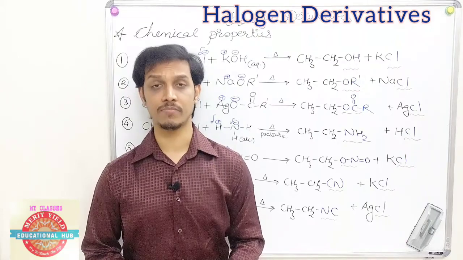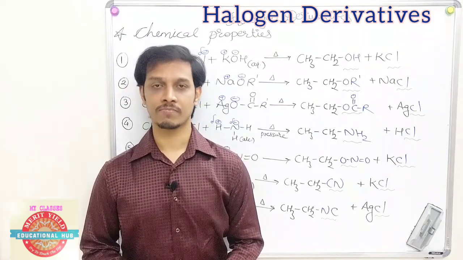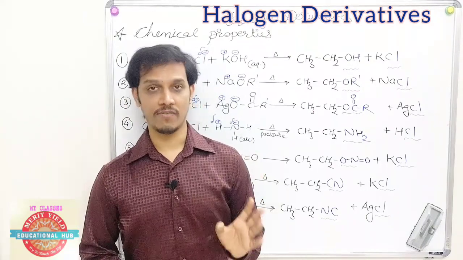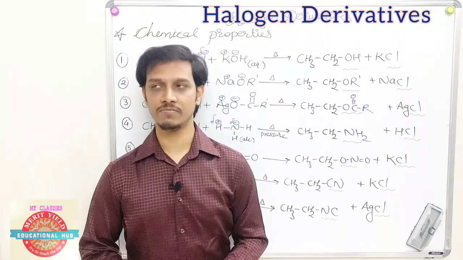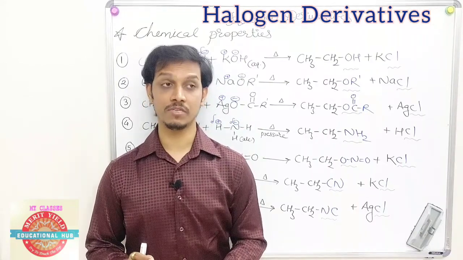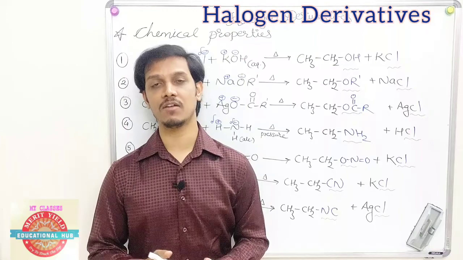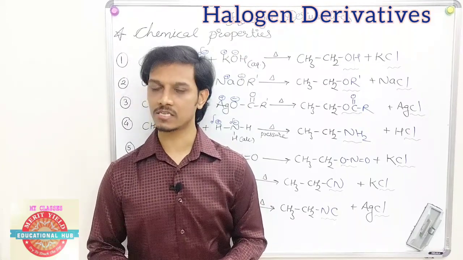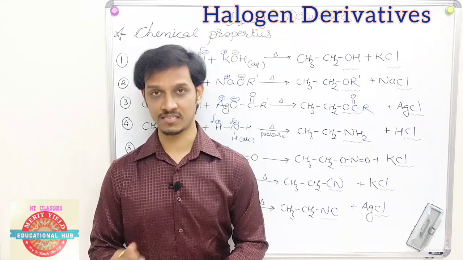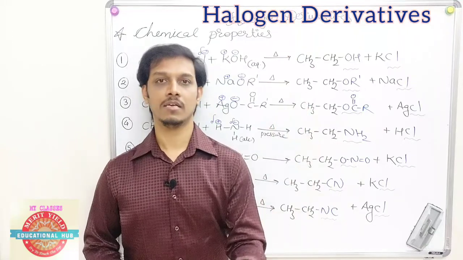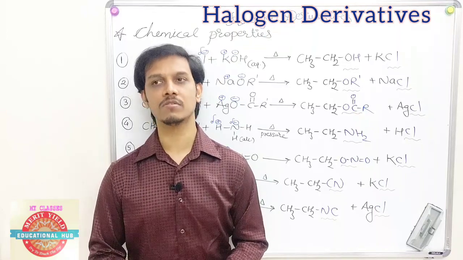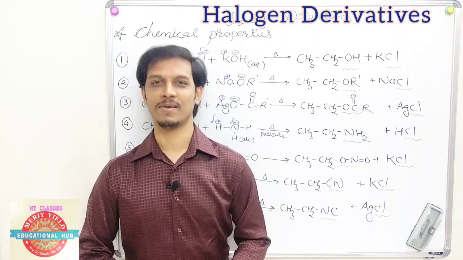If you still face any problem with the reactions for bigger compounds, then you can directly contact me, no problem. So this is part 2 of halogen derivatives, in which we covered methods of preparation, physical properties and chemical properties. Basically the reaction part, which students complain is very difficult to understand. Before understanding the reaction, you need to understand the element, the compound, their energies, and the factors affecting them, then you get it. So just watch that video which is present in the link in the description box. Rest, all the best. Thank you very much.